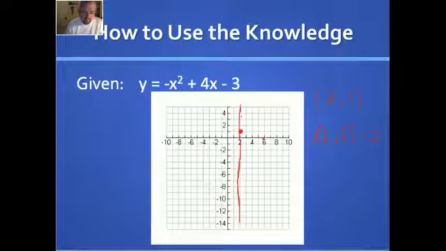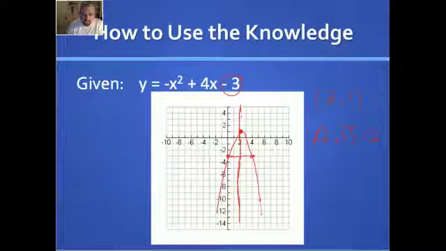Not well drawn, but close enough. We also know that this is our y-intercept, which means our graph goes through that point right there. Our parabola goes there. And since we know that, we can also find a reflecting point. If this point is reflected over the axis of symmetry, it's 2 units over. That means we're going to go 2 units this way. We have another point. So at least now we have a start to our parabola, and we can graph it